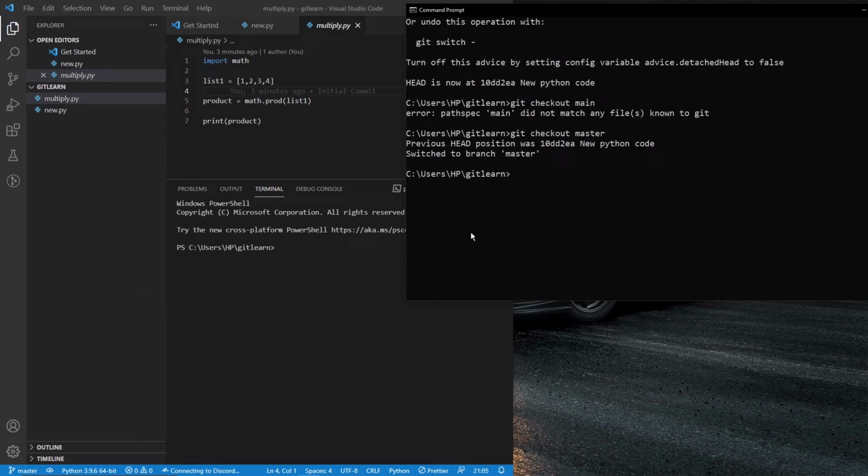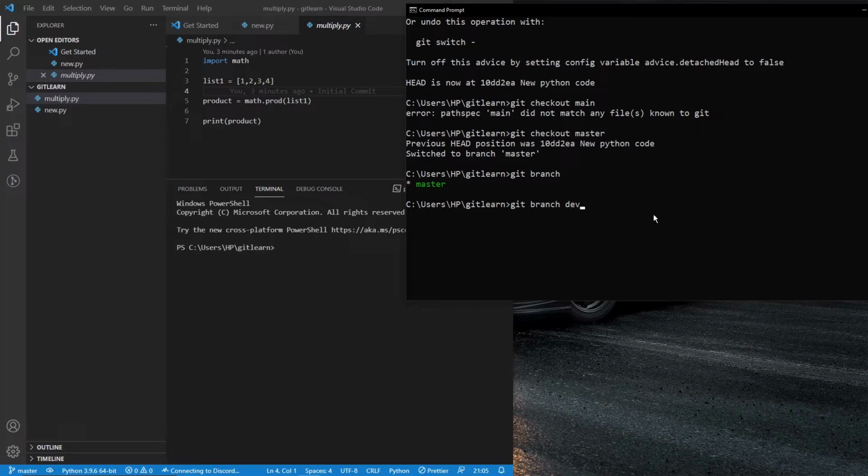Now, before we even create branches, we would like to check which branch we are currently working in. So we're going to be doing git branch. This is the command to check the branch that you are in. So you're in the master branch at the moment. Now say you want to switch, or if you haven't created one yet, right? So I want to create a new one. So I'm going to be doing git branch, and now you need to specify the name of the branch that you want to create.